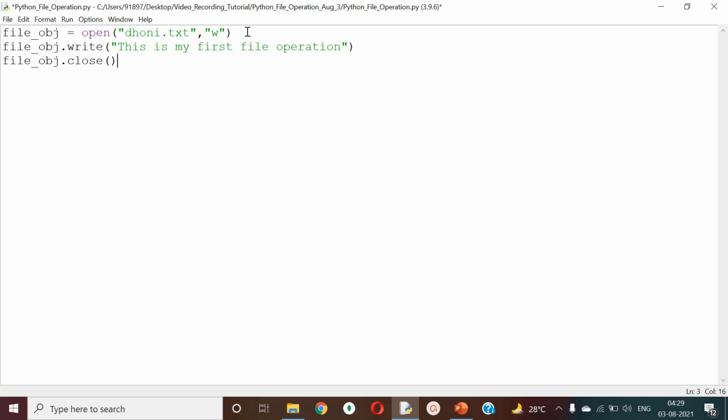Fine. So these are two things. So it will be running on the current directory. The next thing, if I want to write, do I need to have the dhoni.txt already in my system? Definitely not. There is not even a single necessity to keep this file already. So the beauty of file operation is that if I mention any specific file, usually what happens is that it will go and check the specific folder. If that file already exists, it will write on top of the file. Point number one. Point number two, if there is no such file, it will create one. So in this case, we don't have any such file.